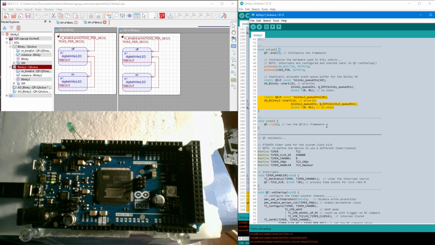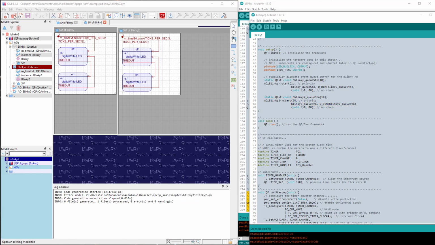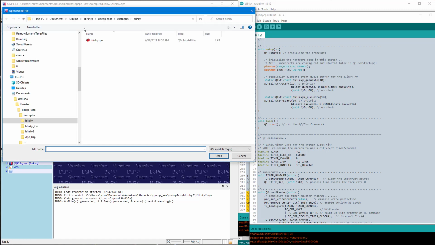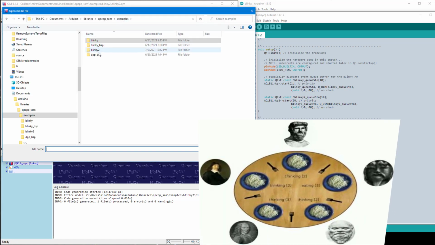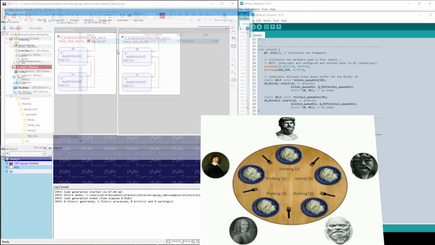When you finish building and loading the code to the board, you can see that both LEDs blink simultaneously, but with different rates.